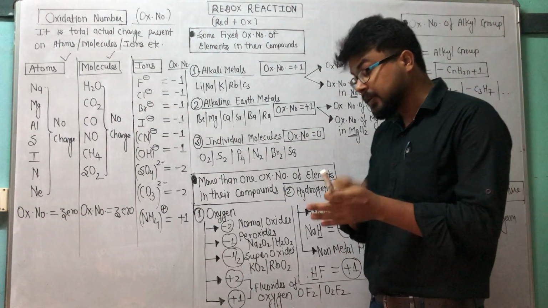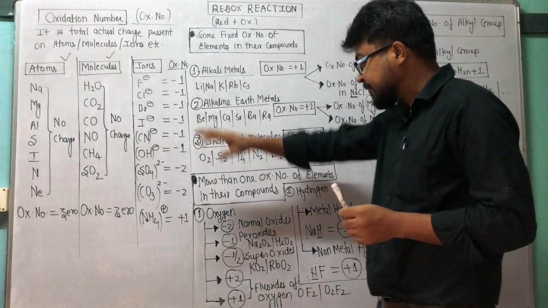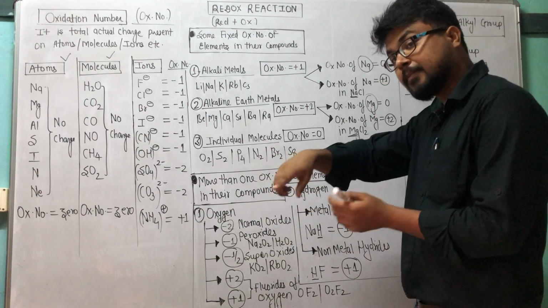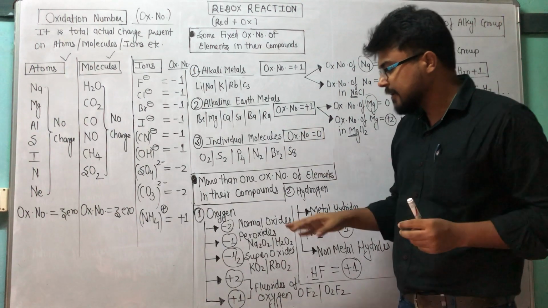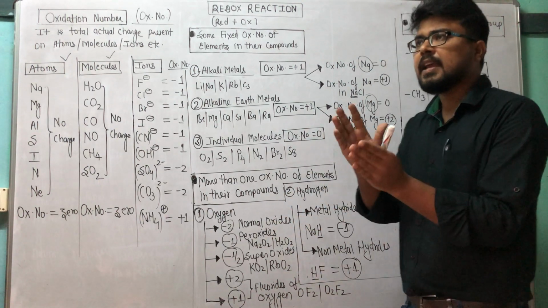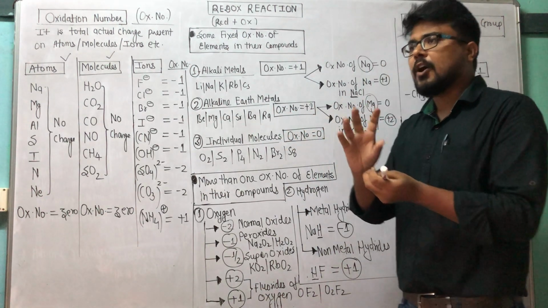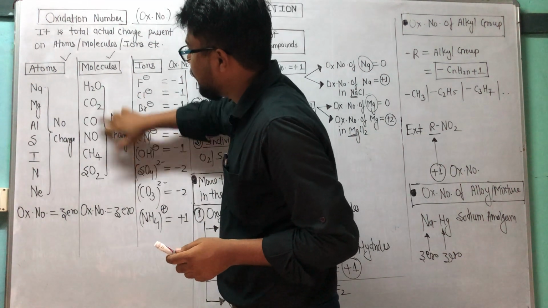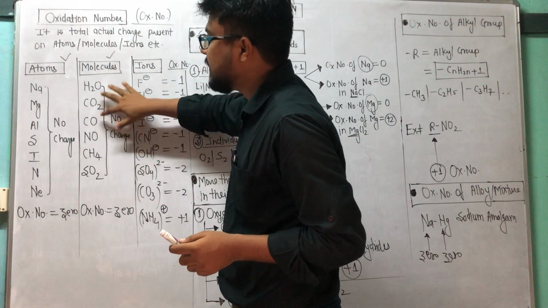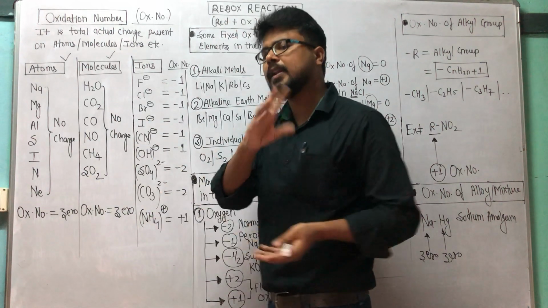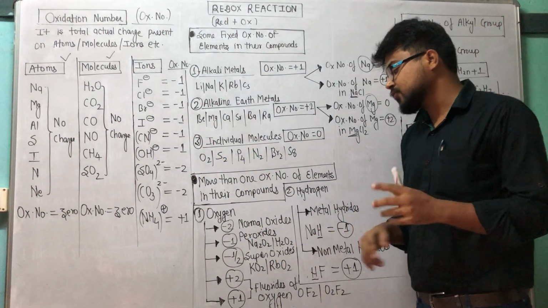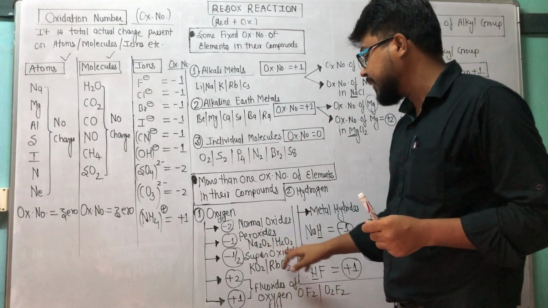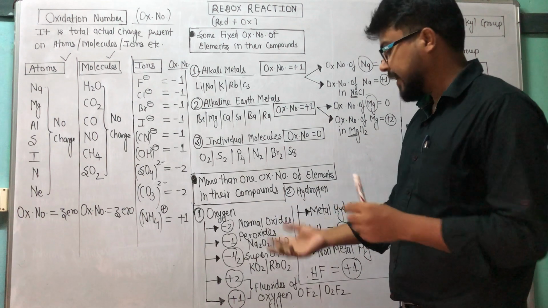So students, you may be curious about what normal oxide, peroxide and superoxide are. We will see all these in my next video lecture. Just for example, normal oxide means any oxide of a particular element. But peroxides and superoxides are rarely common, like sodium peroxide, Na2O2, and hydrogen peroxide, H2O2.